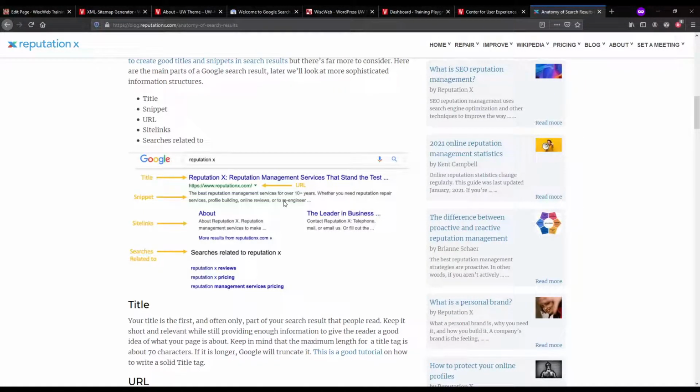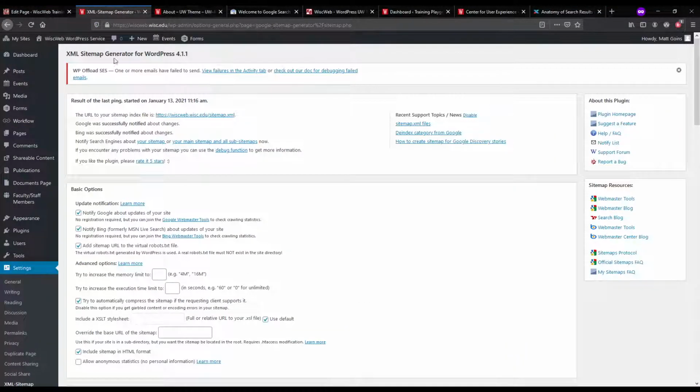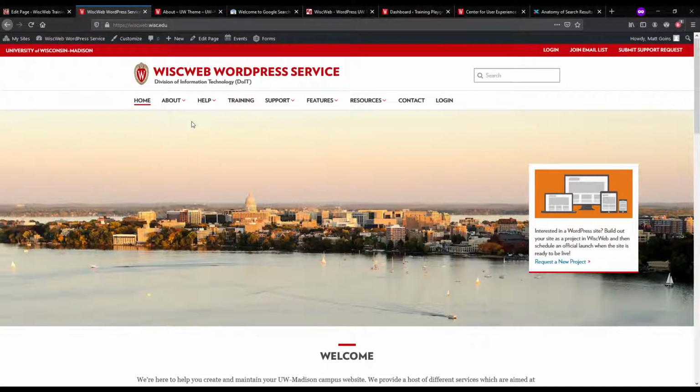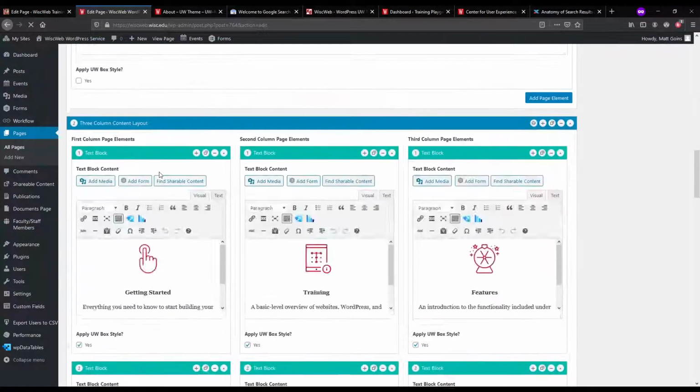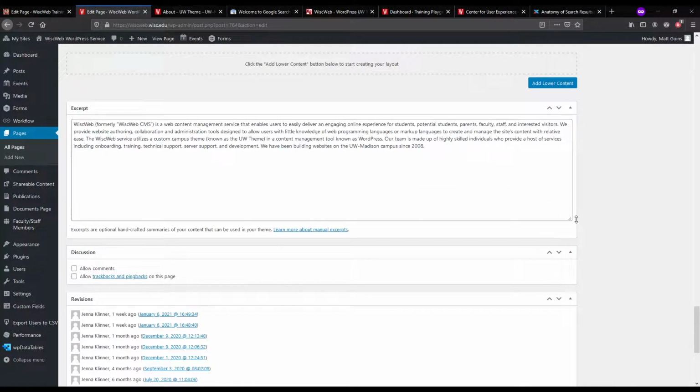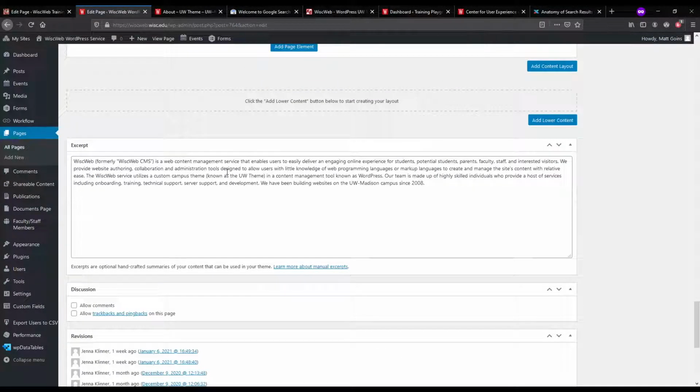He mentioned the excerpt field, and the excerpt field is one of the things that does show up when a search result happens. So I'm going to edit this page and go all the way down to our excerpt field way down here. This should be on for people by default. I want to show you some differences in what Google will show when you type in different search parameters.